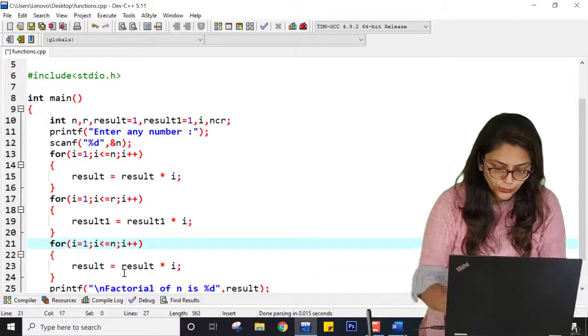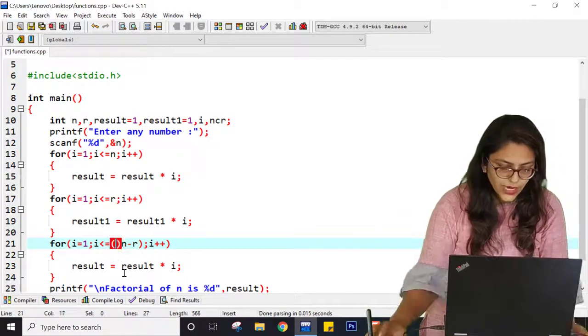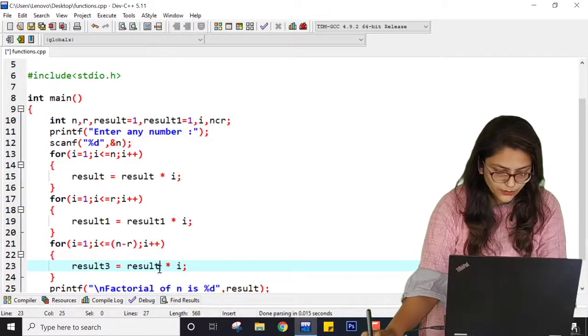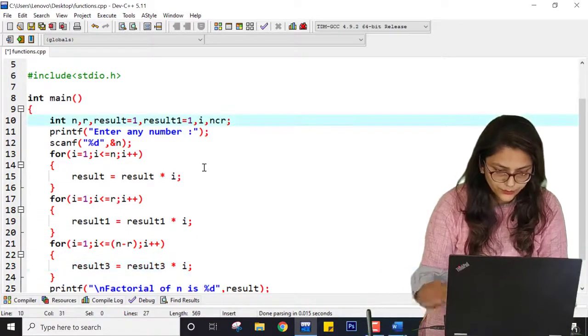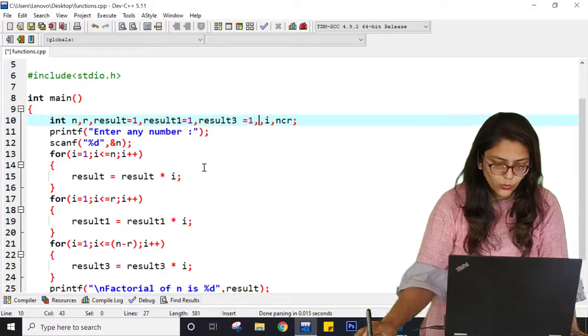So here you can do n minus r, and here it will be result 3, and you have to declare result 3 equal to 1.